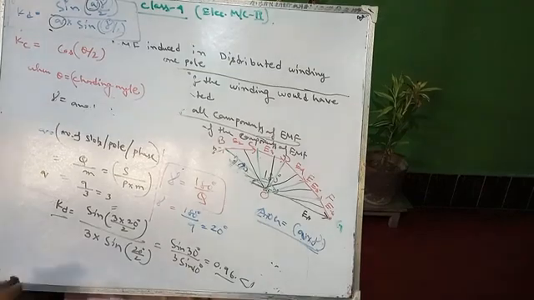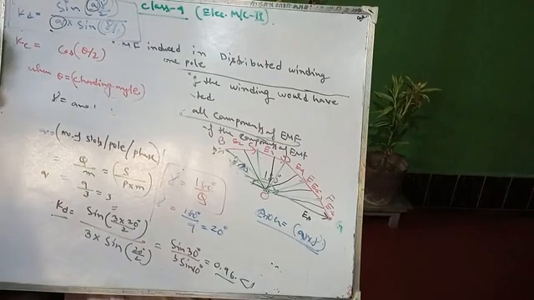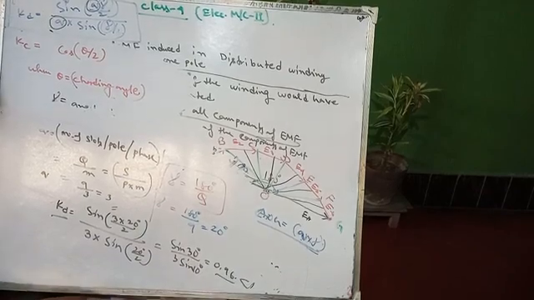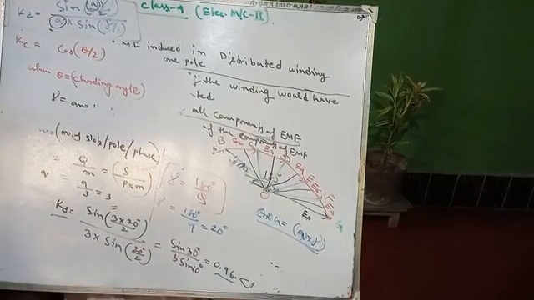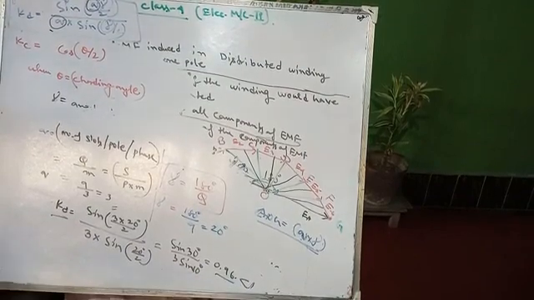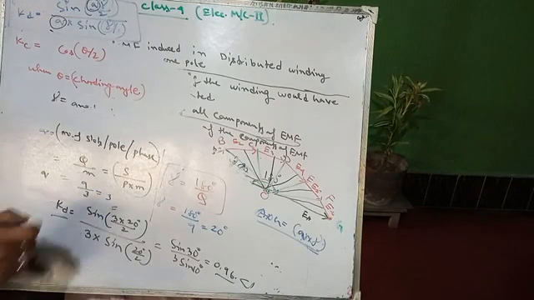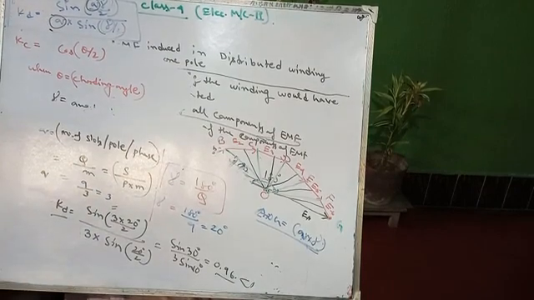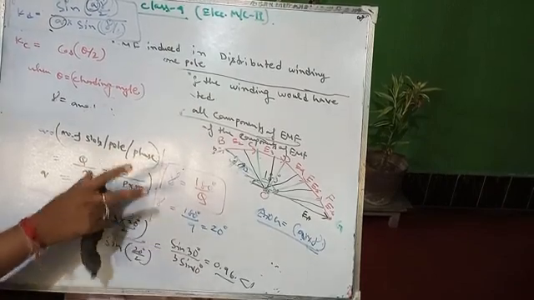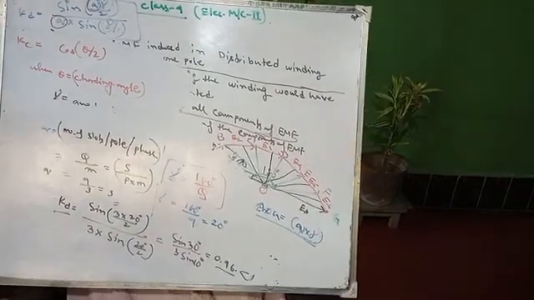This is your main concept, and there is more math. The next math is very complex, the highest category of math regarding this theory. Next day I will discuss that math, and we will move to the EMF of a coil. Two more classes are required to complete this module. It requires 6 classes, 4 are already done. Today is your 4th class, it is almost completed. Next day I will start the numerical, which is the most theory-heavy part of this topic. So today's class is up to this much. Thank you.